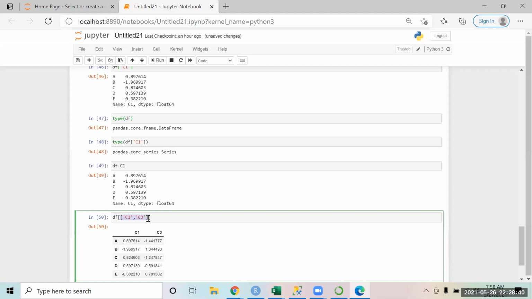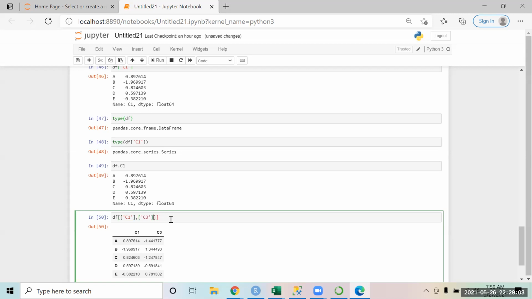Can we do C1 in separate bracket and C3 in separate bracket? Like you previously told, if you want to see two columns, this way, you say C1 and you say C3 over here.